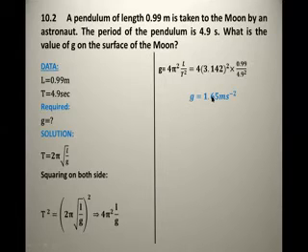If the length of the system is 0.99 meter and the time period of the system is 4.9 seconds, then the gravitational acceleration on the earth or anywhere is equal to 1.65 meter per second square. Okay, thank you so much, Zaki. Thank you so much for cooperating with me. Okay, then I'm moving further.